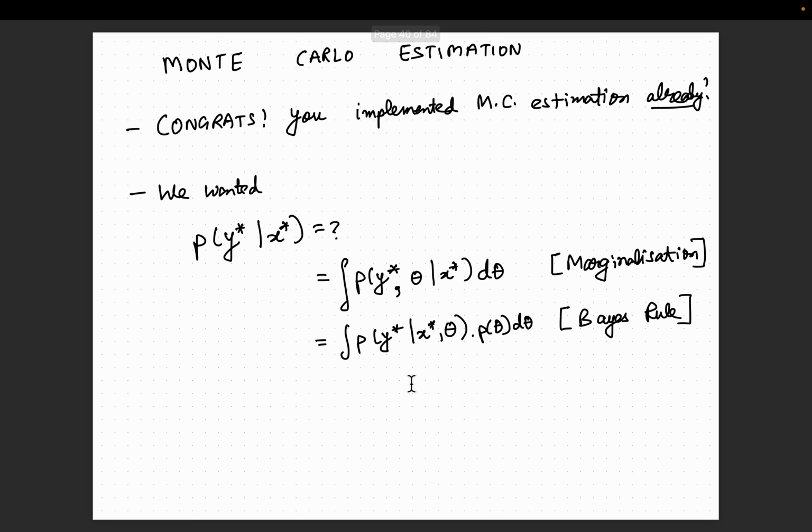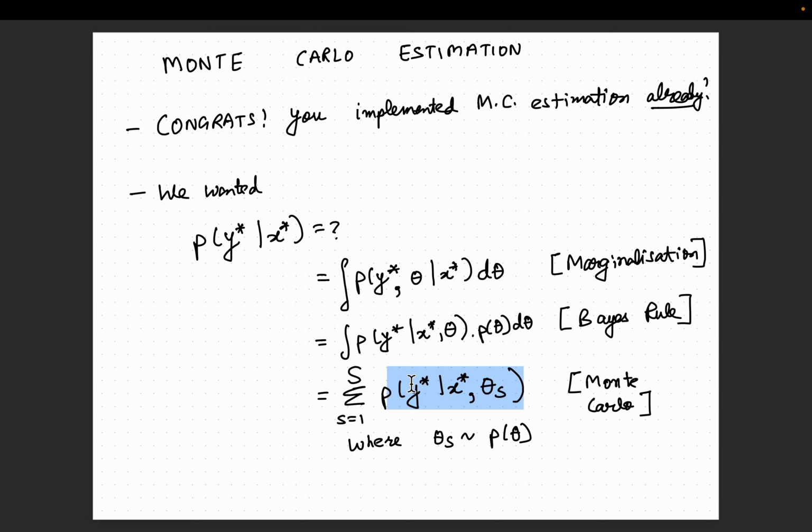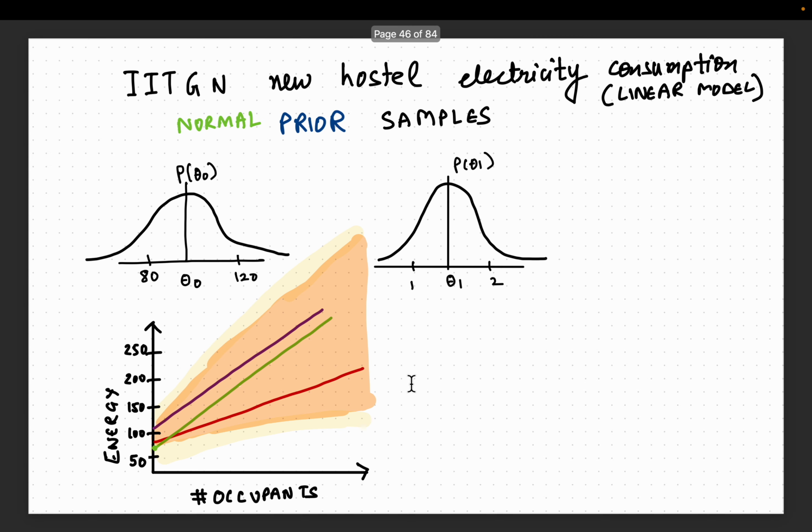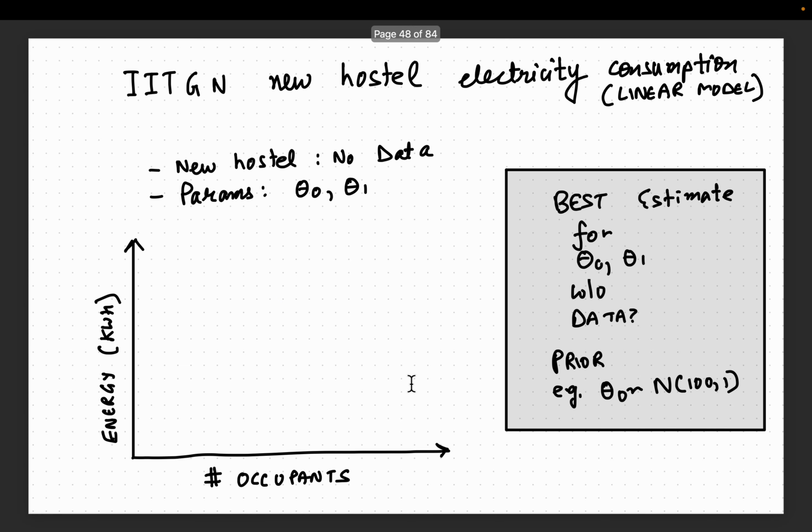And we said that when we are trying to compute this prior predictive distribution, we are trying to solve an integration. Many times this integration is very hard to solve, so we can convert this to a sampling procedure. We then said that the best estimate for theta naught, theta 1 without any data is